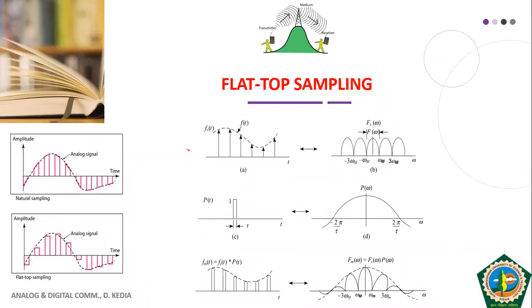So here in figure A, we have impulse sampled PAM signal, impulse sampled modulating signal. And on the right hand side in figure B, this is the frequency spectrum of this impulse sampled signal. And we had seen how to obtain this frequency spectrum when we talked about the representation of PAM signal with the help of mathematical expression. So this is our original impulse sampled PAM signal.